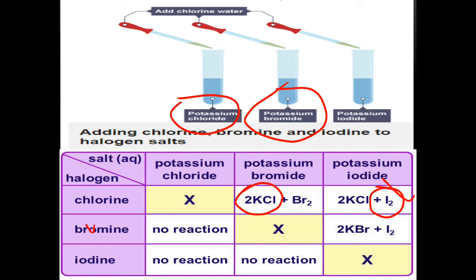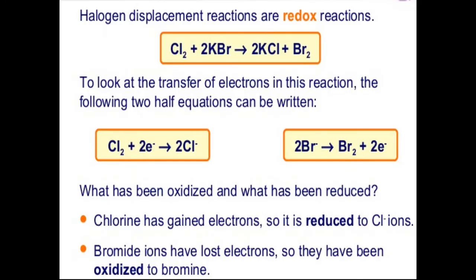Same, you can study the reaction of bromine with potassium iodide, because bromine is higher in reactivity as compared to iodine. So simply bromine displaces iodine from its compound, makes its own compound, and iodine is liberated. A few more things are related to this chemical reaction: in fact these displacement reactions of halogens are redox.